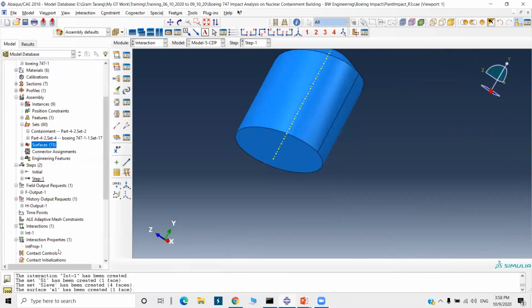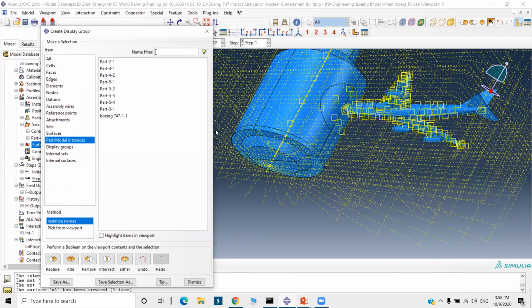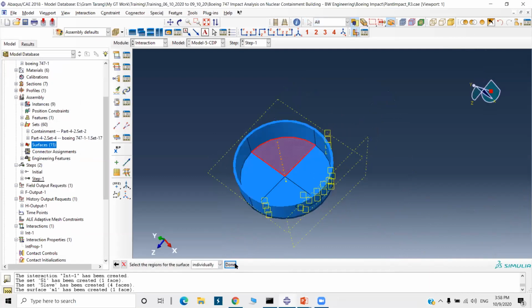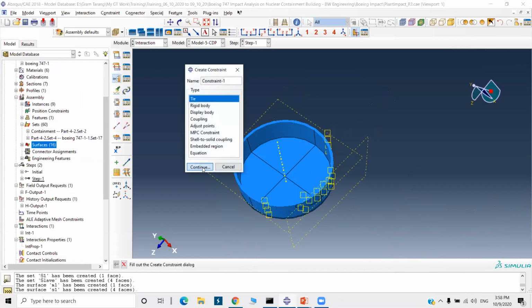Part 2, replace cut section. Then go to surfaces, S1, like this. Go to constraint, select it.